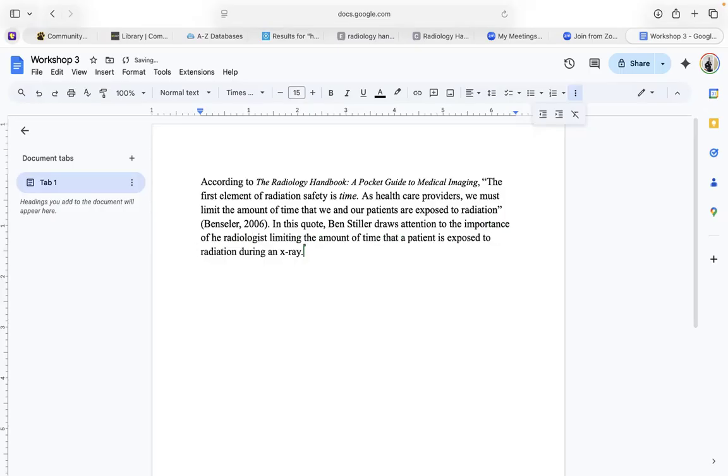And what I'm going to do is double check to make sure I didn't actually use some of the words in here. And so it says in this quote, no, Ben Stiller. Ha! Ben Stiller. I'm going to correct the name, and I'm going to put the year in. Draws attention to the importance of the radiologist limiting the amount of time that a patient is exposed to radiation